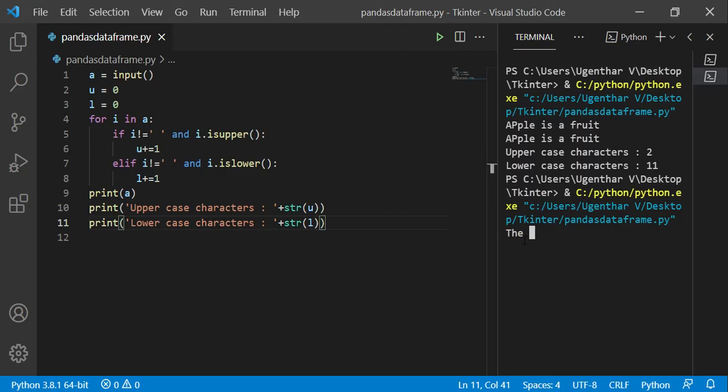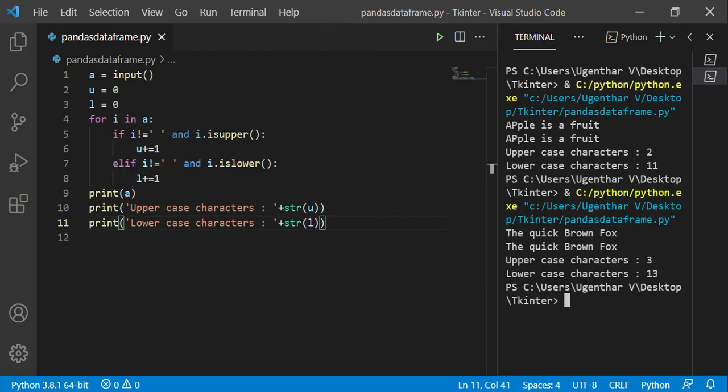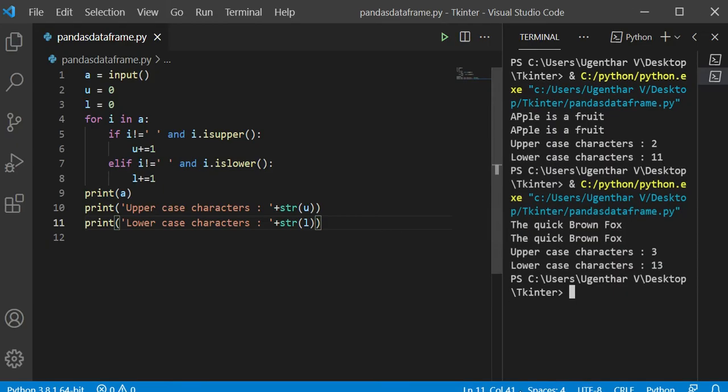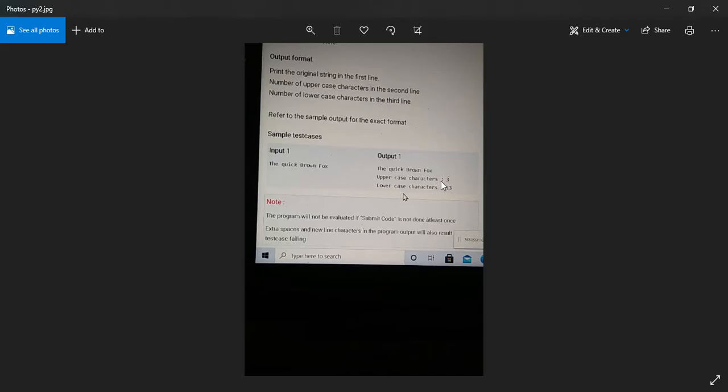Here the output is the quick brown fox. Uppercase characters 3 and lowercase characters 13. Now let me check the output. Uppercase characters 3, lowercase characters 13. Our code works fine here. Now let me jump into another code.